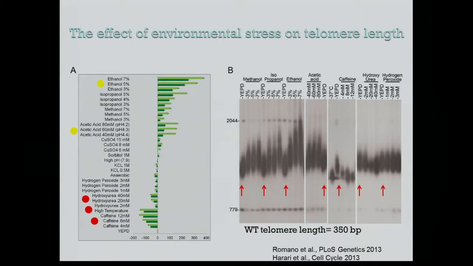Acetic acid will do something similar. Caffeine will shorten your telomeres, and also high temperature. And hydrogen peroxide, which is oxidative damage, which was the interpretation of the psychological stress. So what they said is that psychological stress causes oxidative stress in the cells, and that is what is shortening your telomeres. Didn't do anything. Okay, so at least for yeast, we don't see any effect of